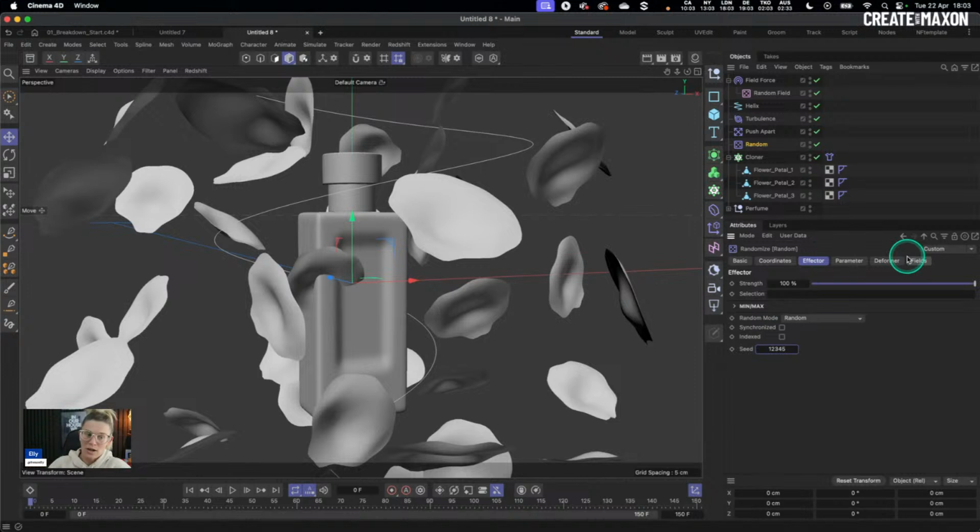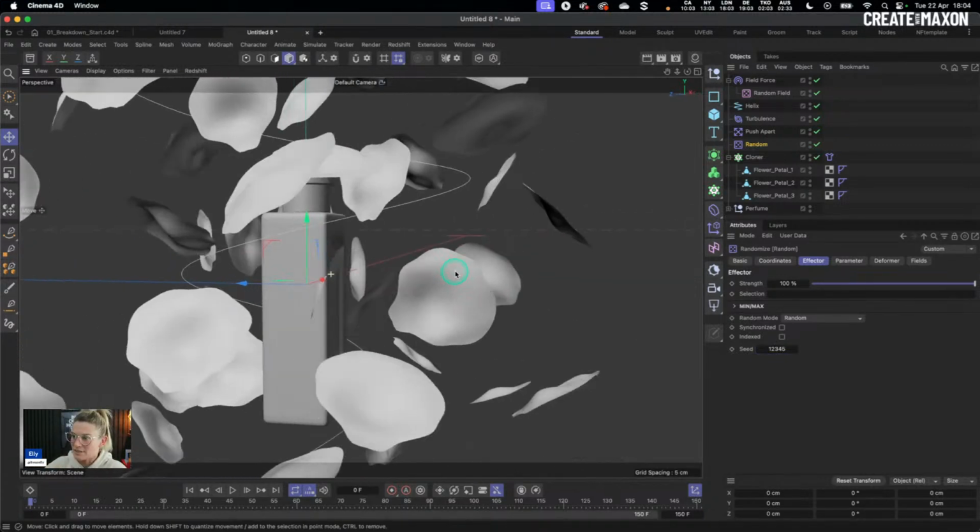I did this quite a lot in the final, especially when I had my camera animation set up. I changed this seed value and played it through until I found a shot that I was happy with. But what happens is you can't always